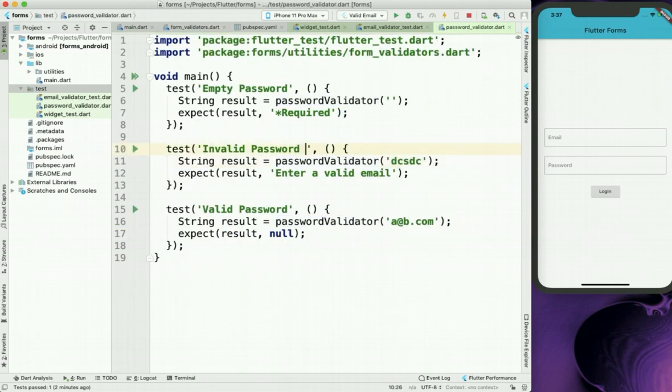Invalid password, short of length, and here what I will do is I will replace it with the string that we expect.